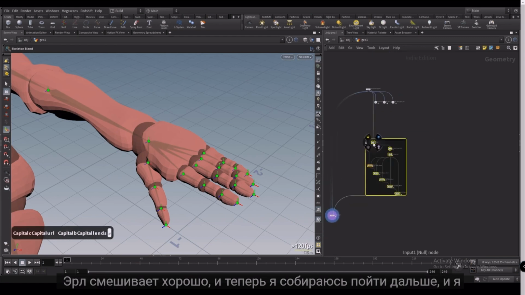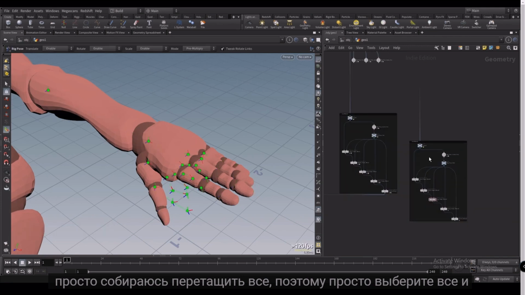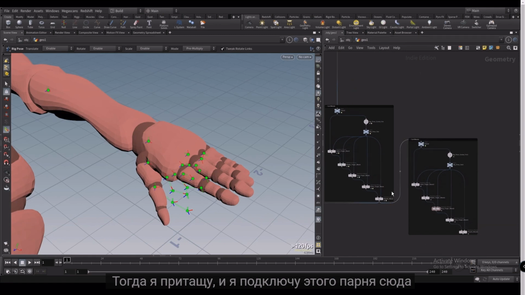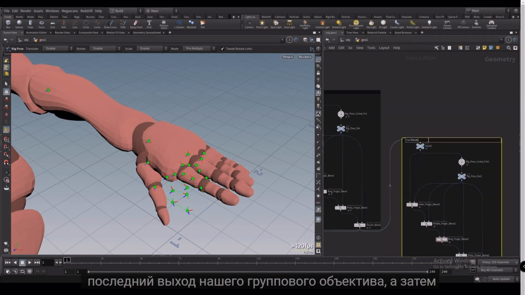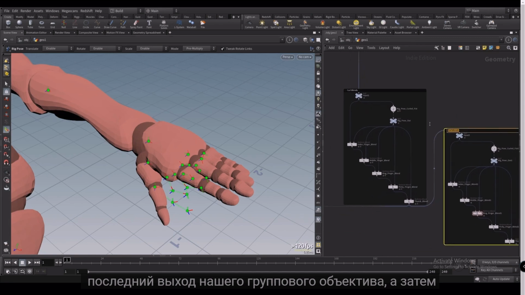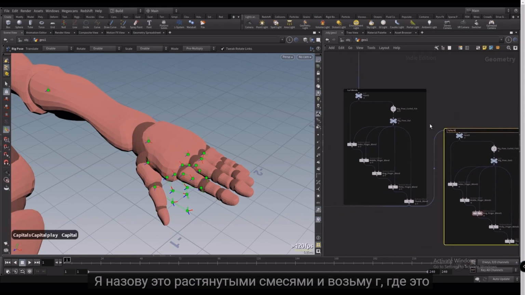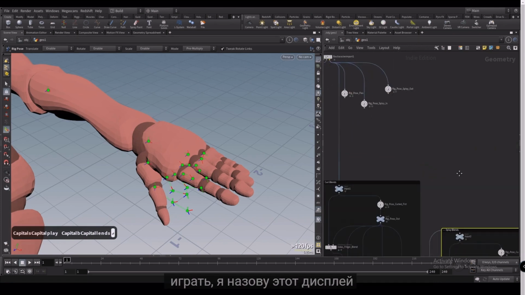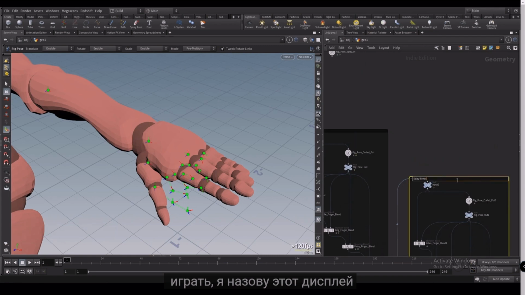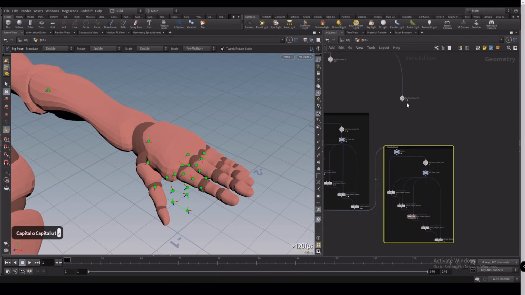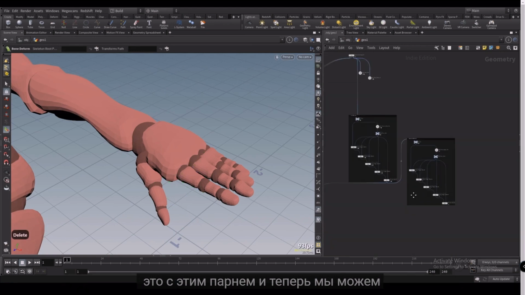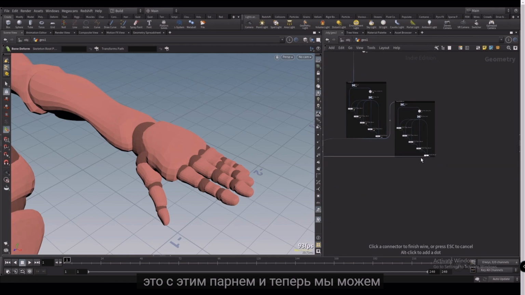Okay, and now I'm just going to drag everything. So just select all of it and then Alt drag. And I'm going to plug this guy in here. Last output of our curl blends. And then I'm going to call this Splay Blends. And I'm going to take our, where's our splay? I'll call this Splay Out Blends. And then I'm just going to replace this with this guy. And now